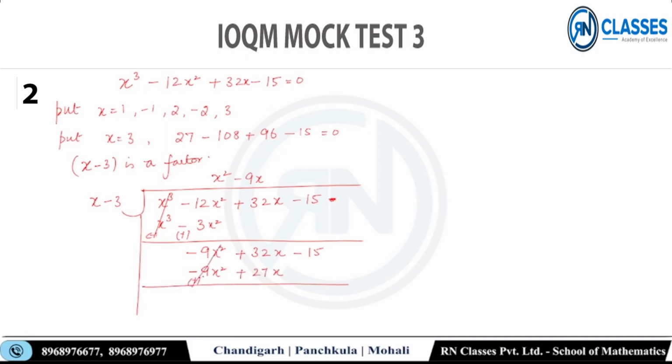ये ऐड किया, ये सब्ट्रैक्ट किया, यहां पे कितना आ जाएगा 5x - 50, ठीक है। फिर x को मल्टीप्लाई किया 5 से, सो आई गॉट 5x², 5x आ जाएगा -15, ठीक है। सो ये कैंसिल हो गया और ये भी कैंसिल, सो दिस रिमाइंडर बिकम्स 0। नाउ मेरे पास फैक्टर फॉर्म में आ गया (x - 3) इनटू (x² - 9x + 5) इक्वल टू 0।